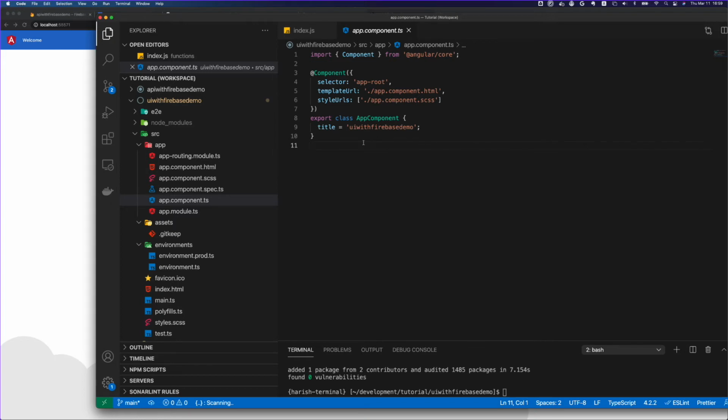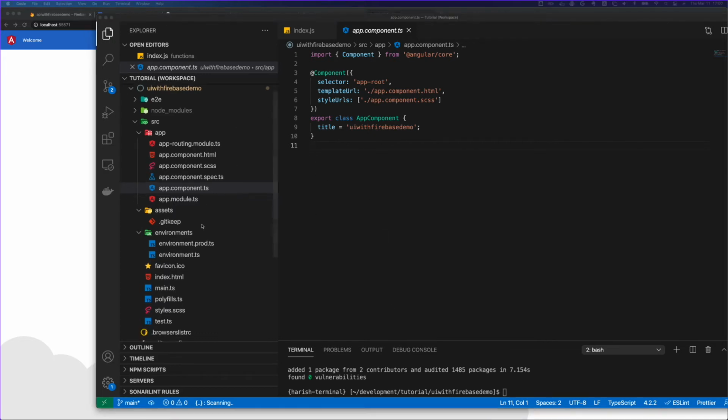I'm going to do everything in app component, but usually when you have a project or the actual project, you should create some services, and those services should access your APIs or external APIs, and then you call that service in your component, so that if you want to use the same call to database or API in multiple components, it will be easier for you to integrate with different components. But today I'm just going to write everything in app component to make my life easier, rather than creating a service. So let's get started.